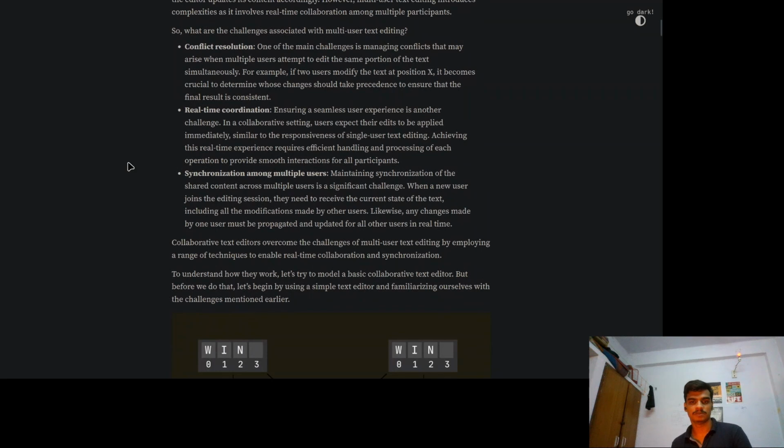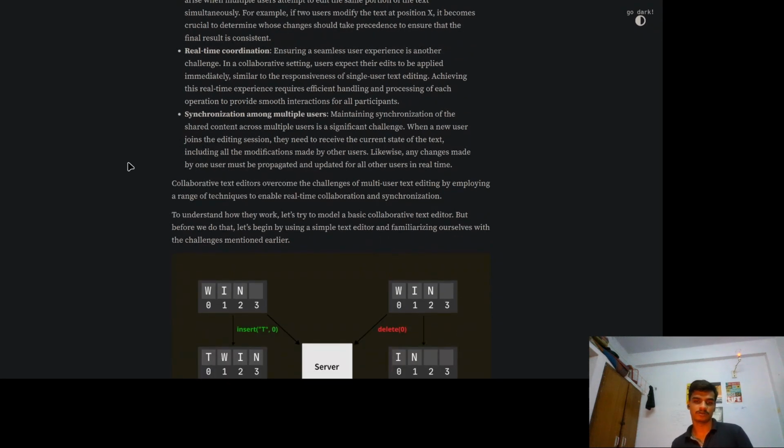Synchronization across multiple users. Maintaining synchronization of the shared content across multiple users is a significant challenge. When a new user joins the editing session, they need to obtain the current state of the text, including all the modifications made by the other users. Likewise, any changes made by one user must be propagated and updated for all users in real time. Collaborative text editors overcome the challenge of multi-user text editing by employing a range of techniques to enable real-time